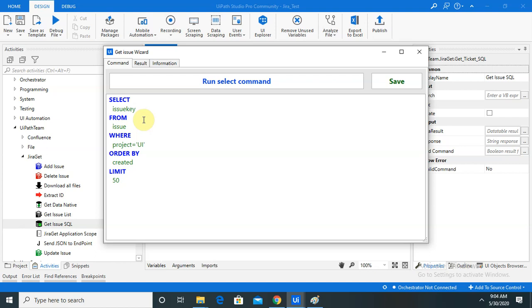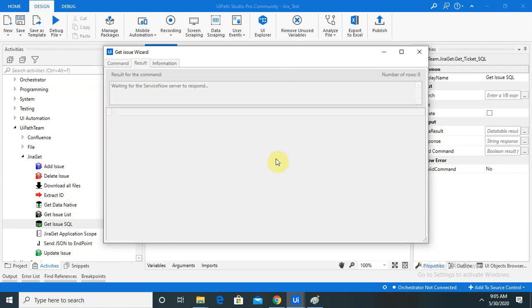If I want to extract the project list, I need to change the table name from issues to project. Here I am going to use the project UiPath_test_project. Let me show you with limit 3. Once I run the command, you can see only 3 defects are available.